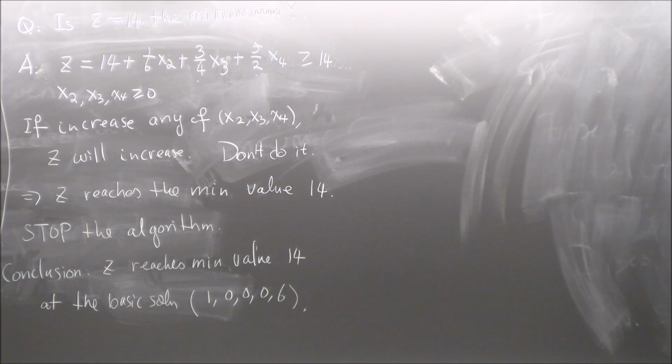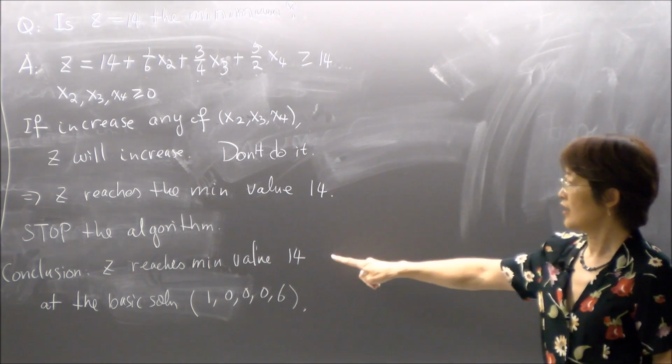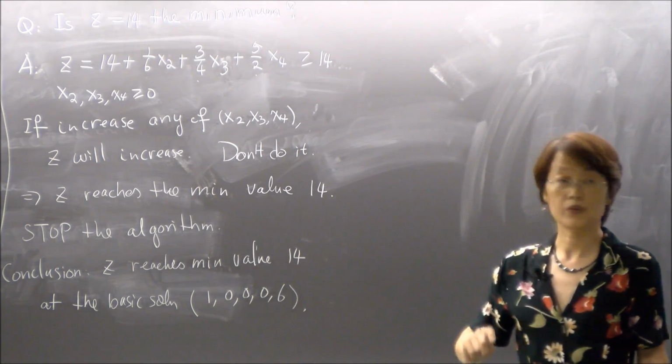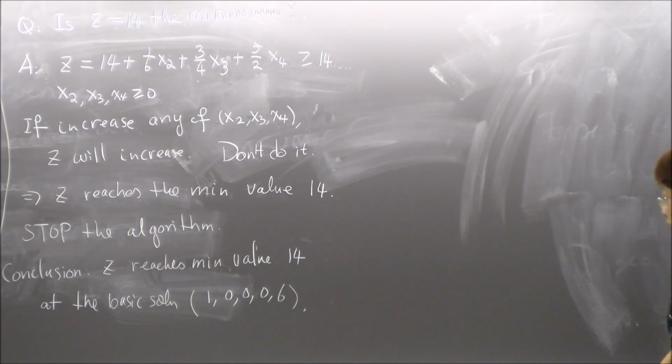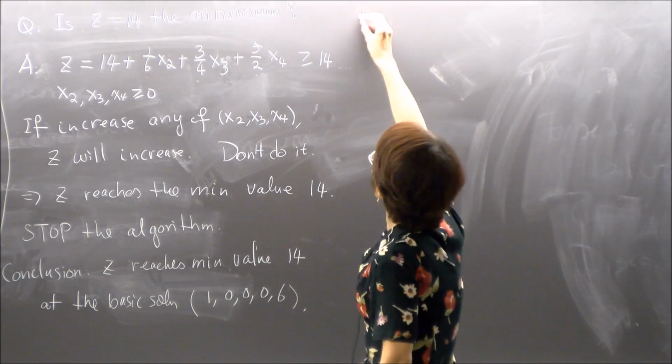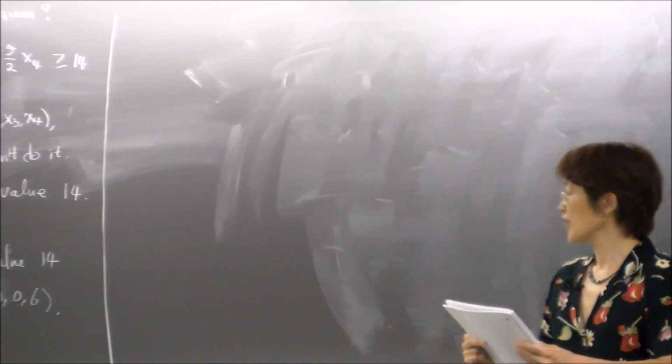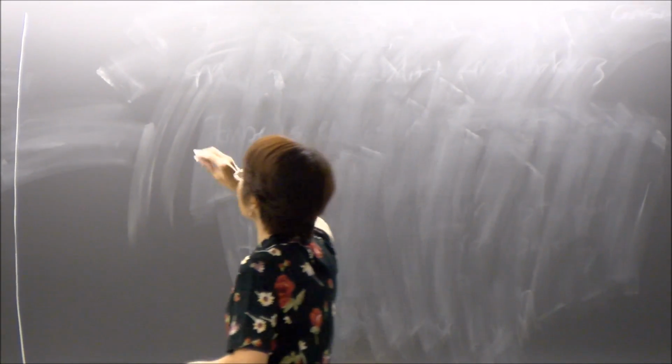So this is actually a very favorable example, where everything went very well. There are no complications, and we managed to find a minimum, which is a certain number bounded at one of the basic solutions. It doesn't always end that way, but this is just to show you how this works. So let's summarize